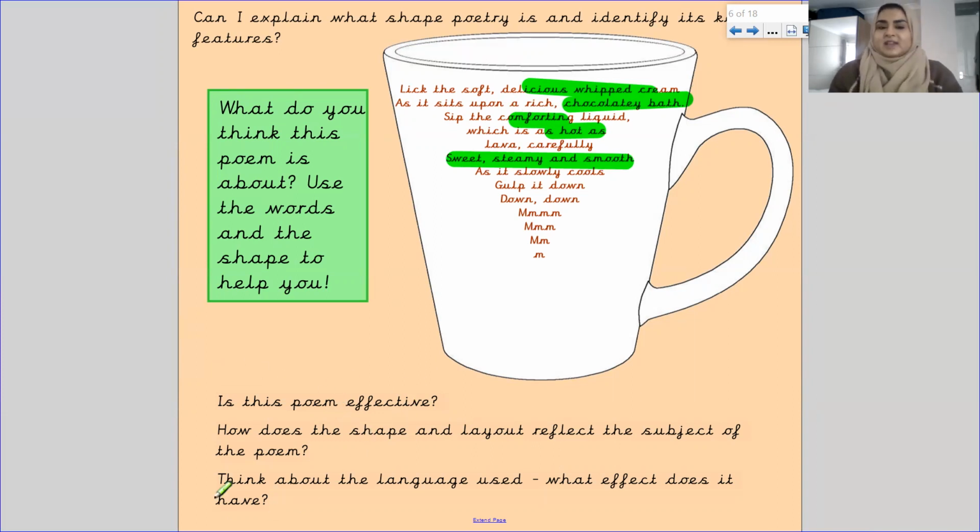So this poem is very effective, and the shape and the layout does reflect the subject of the poem, and at the same time the language that I've highlighted has a really good effect on what the subject is. Okay,